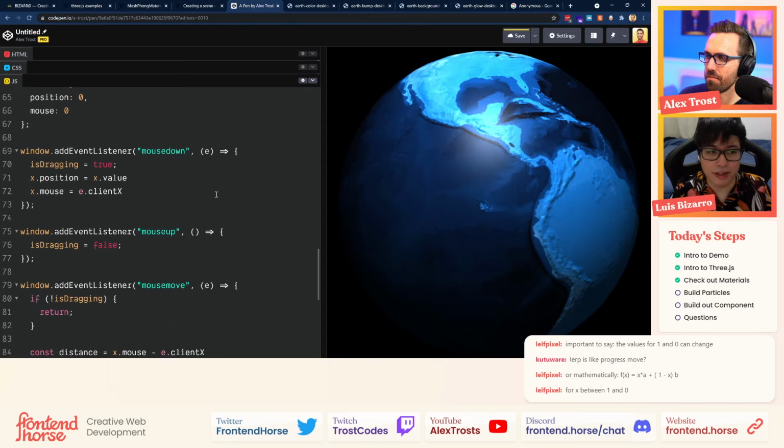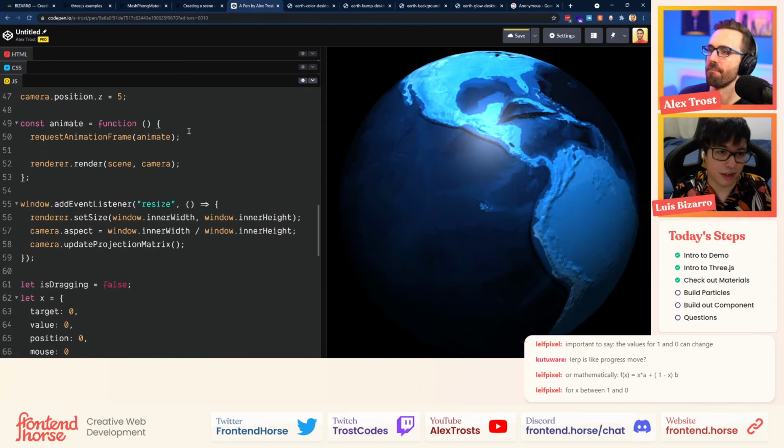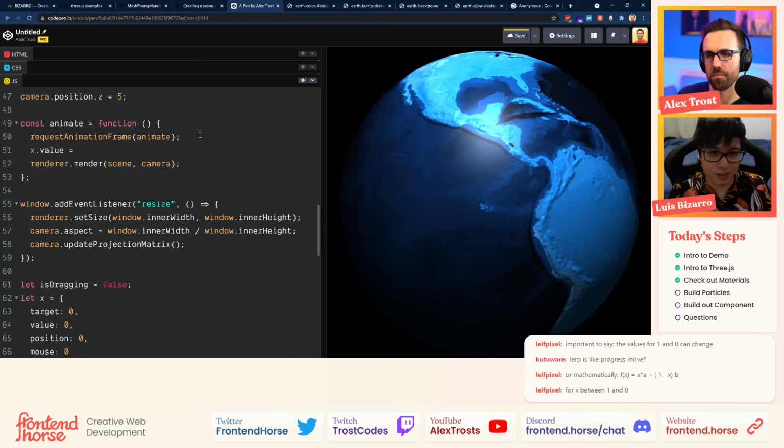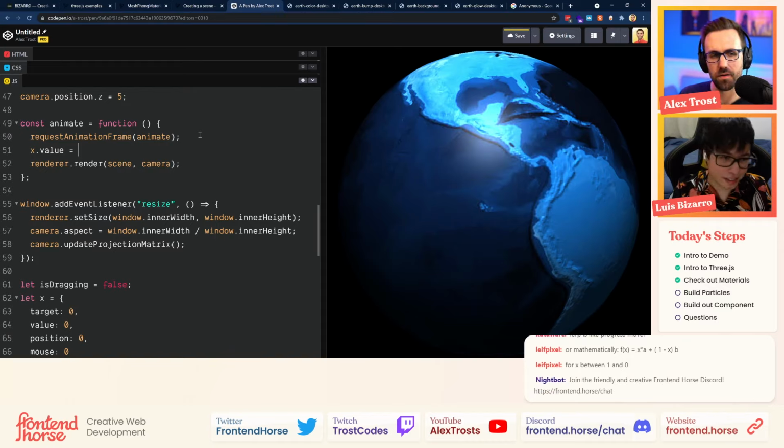And in the animation frame, in the const animate function that we have, we are going to start doing this interpolation between the two values. So x value dot value equals, and we are going to do that manually. So we are basically going to subtract two different values: the x target minus x value.